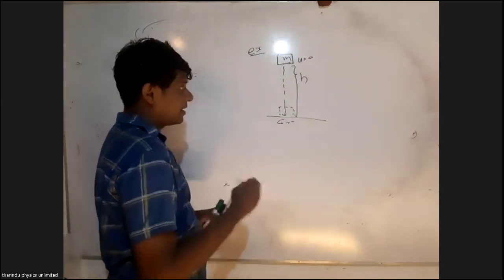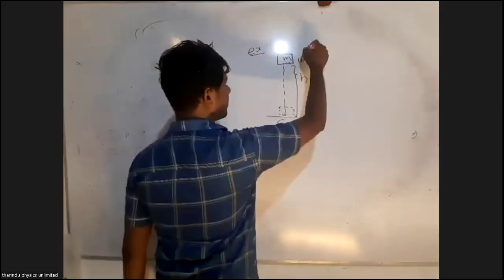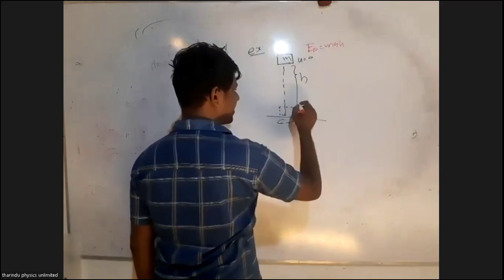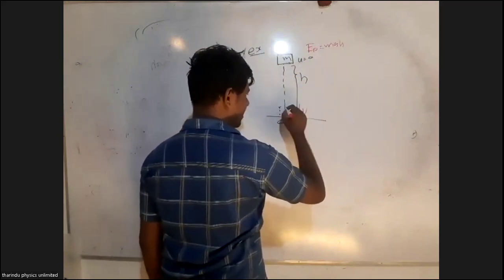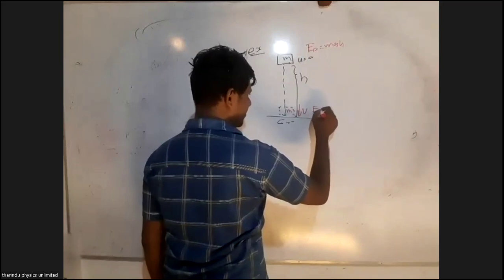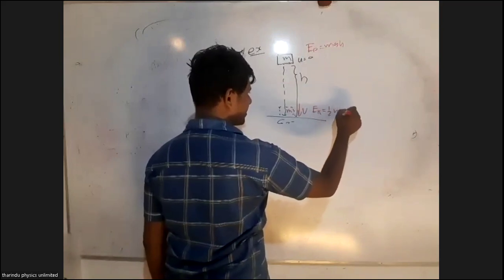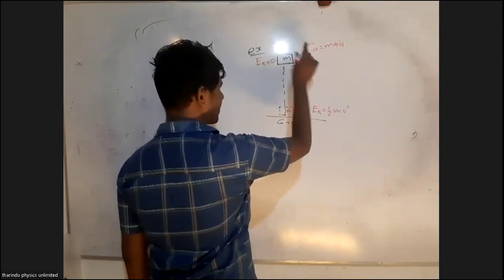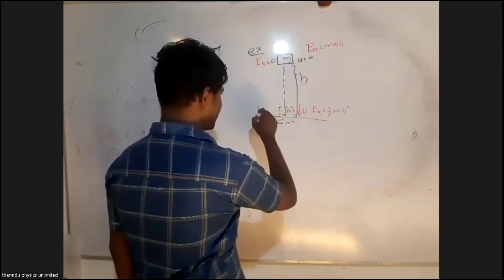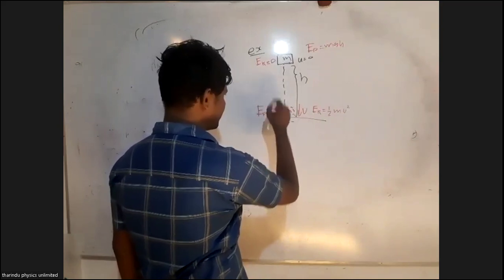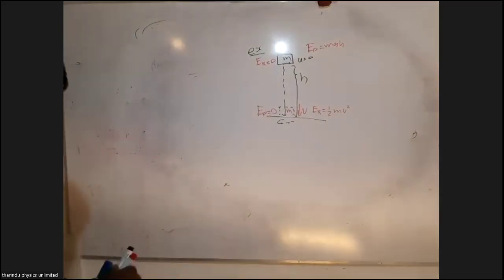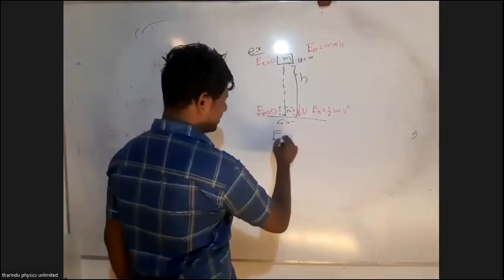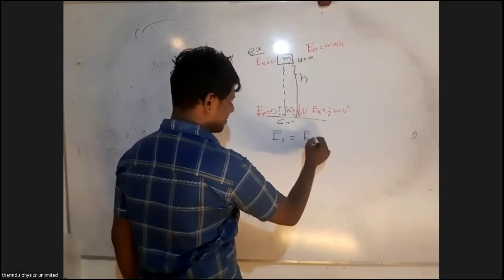So here we only have potential energy of mgh, and it will gain some velocity v, and it will gain some kinetic energy, half mv squared. Here the kinetic energy is 0. Here the potential energy content is 0. So finally you can write the energy initial should be equal to energy final,